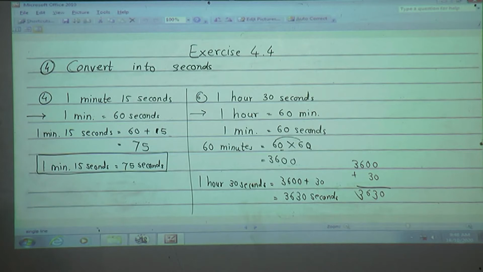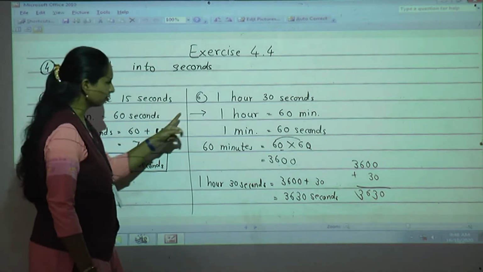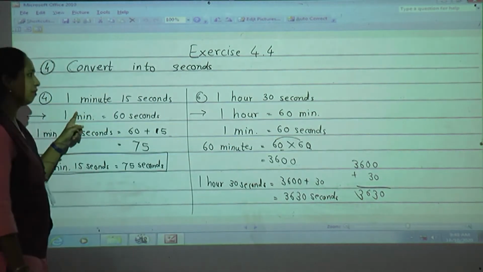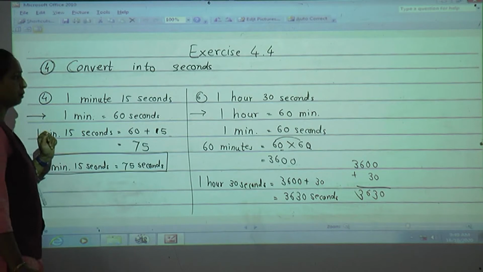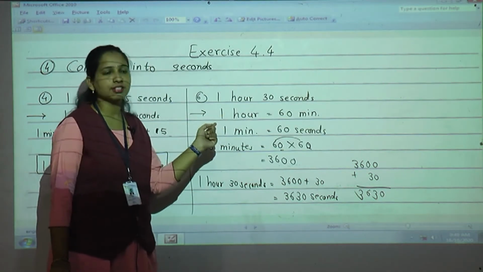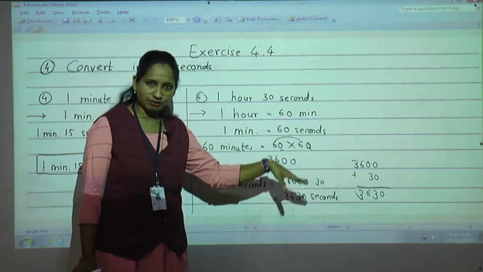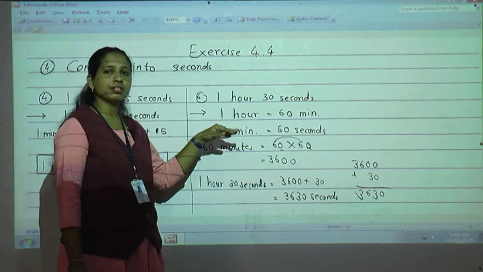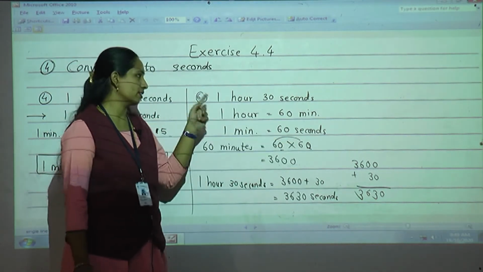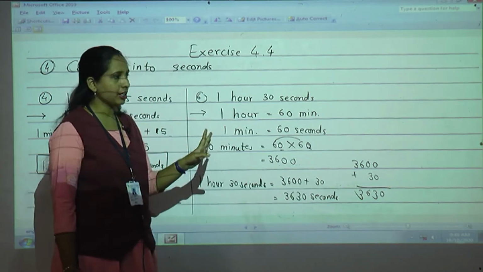Is that clear? See what we have done. I'll explain you once again. Now in this question, previously they used to give minutes, directly we used to convert into second. But here to make you confused they had given hours here. But no need to worry. First hours you have to convert it into minute, then whatever the minutes are there, then you have to convert into seconds. So 1 hour, very easy. 1 hour is equals to 60 minutes.